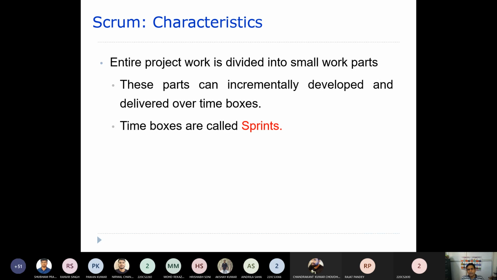Similar to the RAD model we have seen, and similar to extreme programming, here also we have time boxes, a small amount of time during which we try to develop a part. These time boxes are called sprints. So the whole development will be carried out through several sprints.